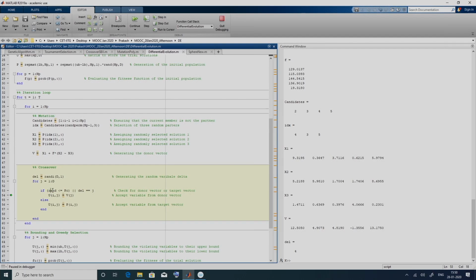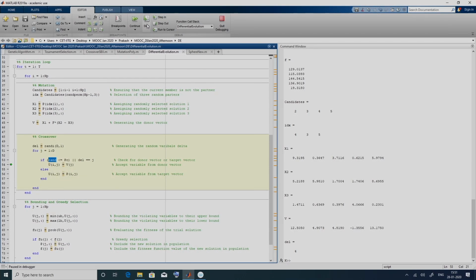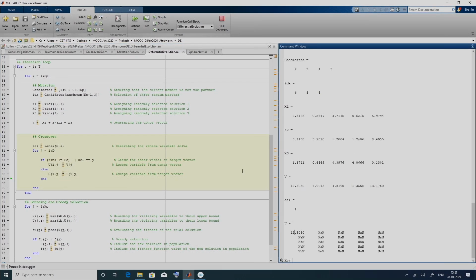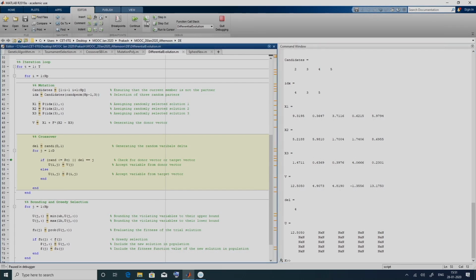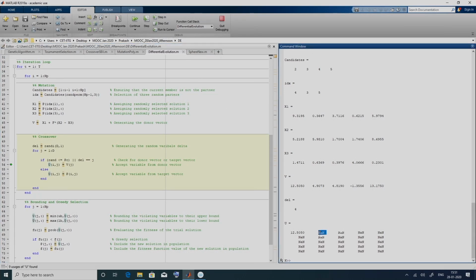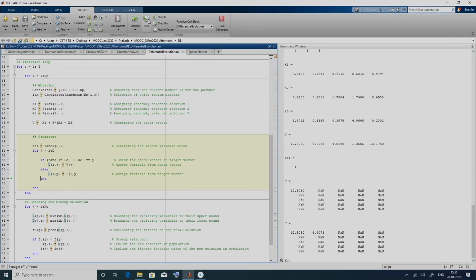This is because as soon as we say rand, we get a random number. Here we did not save it in a particular variable, otherwise we could have seen the actual value. Now, if we see u, it is copied from the donor vector. The first value of the donor vector is copied as the first value of the trial vector, right. Similarly, we proceed for the second variable. Again that condition is satisfied, so 4.9037 has to be copied over here, right.